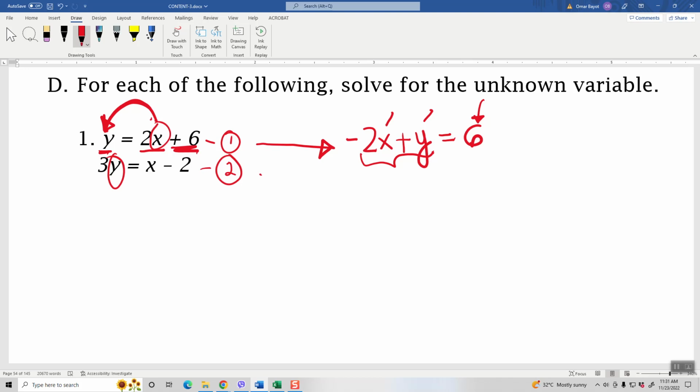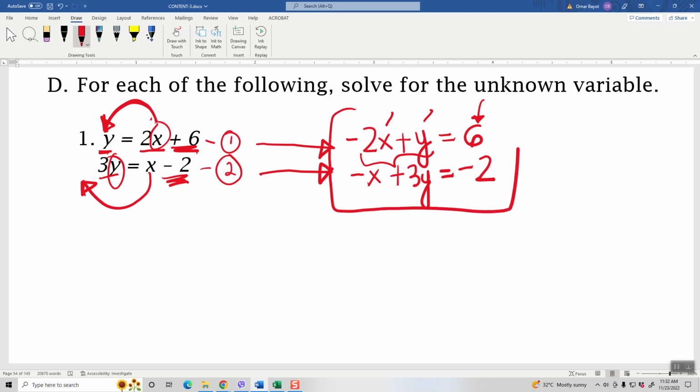Okay? The same is true with equation number 2. I need to place x on the left member of the equation and that will change from positive x to negative x. Okay? And then, maintain si 3y dito sa left member. So, plus 3y. Then, si negative 2 dito, maiiwan, dapat siya din dito. Okay? Now, having this one, then your new equation,